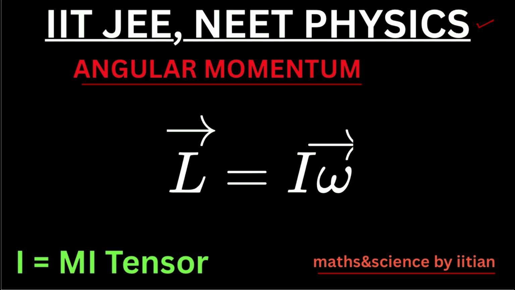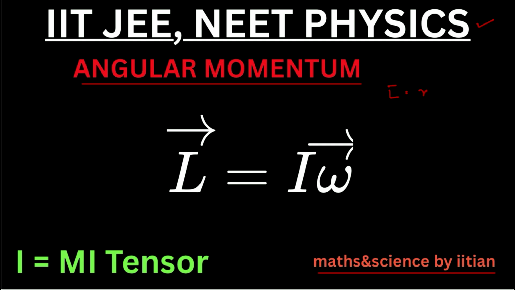Angular momentum, we all know that L is equal to, L is angular momentum, it is represented by letter L, it is a vector. L is equal to R cross P, where R is a radius vector, P is momentum, linear momentum. Angular momentum L is equal to R cross P. In this lecture,